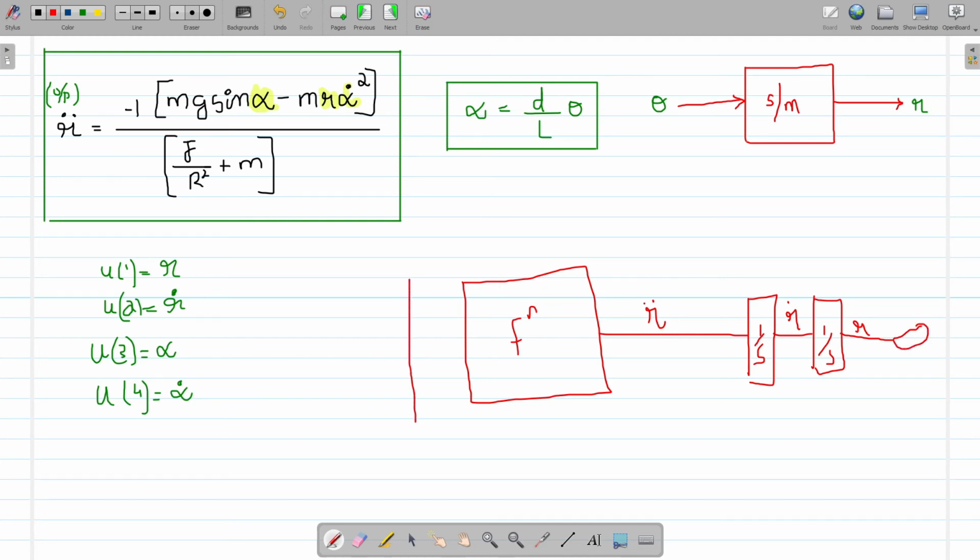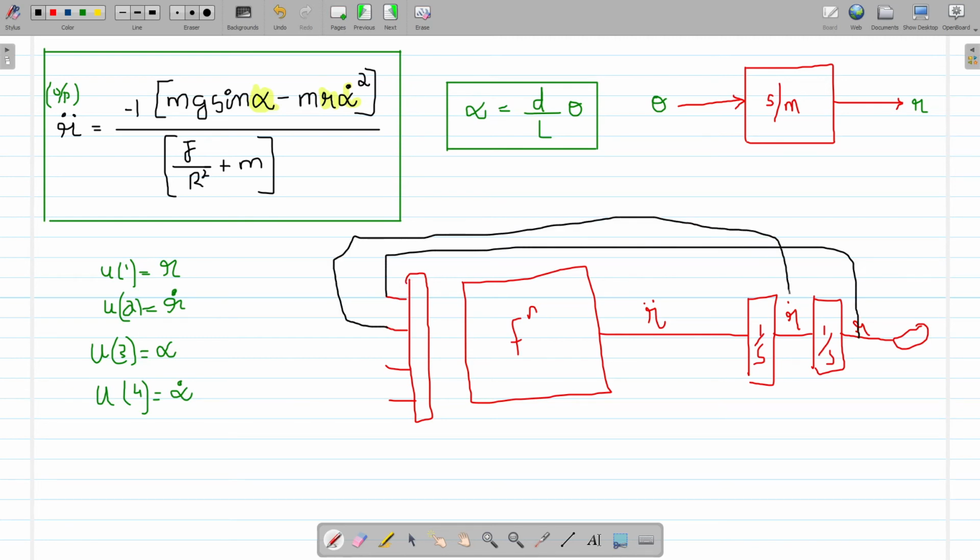Now for the input of this function block, we will be needing r, alpha and alpha dot. R is connected directly, r dot is connected from here. Now there is no alpha and alpha dot, but we have theta as input, so theta will be made into alpha by a gain block of d by L, this equation.